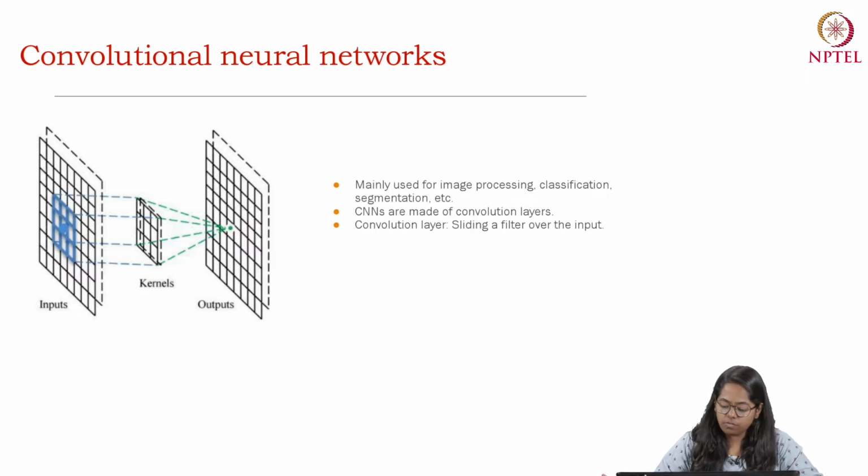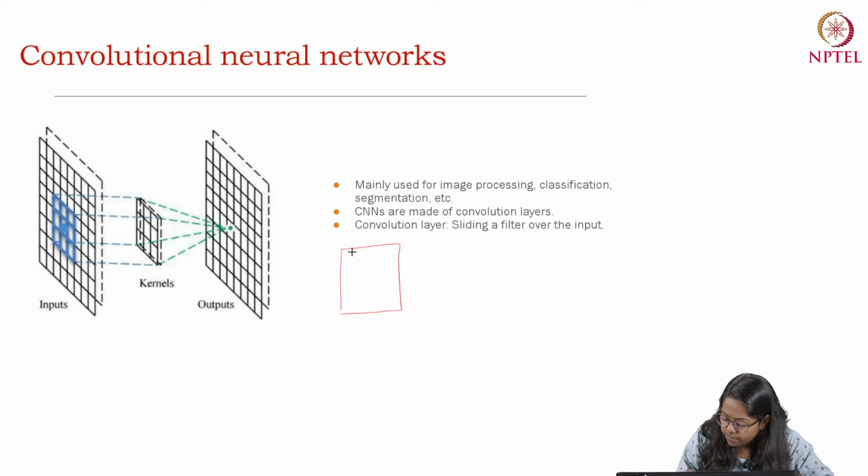Now, what is a convolution layer? Basically, a convolution layer is when you slide a kernel over the input. A kernel is basically a 2D matrix which acts as a filter in order to identify the different patterns in the image, right? So for example, suppose we have a grayscale image with some kind of values of the grayscale pixels, right? So we have a matrix here